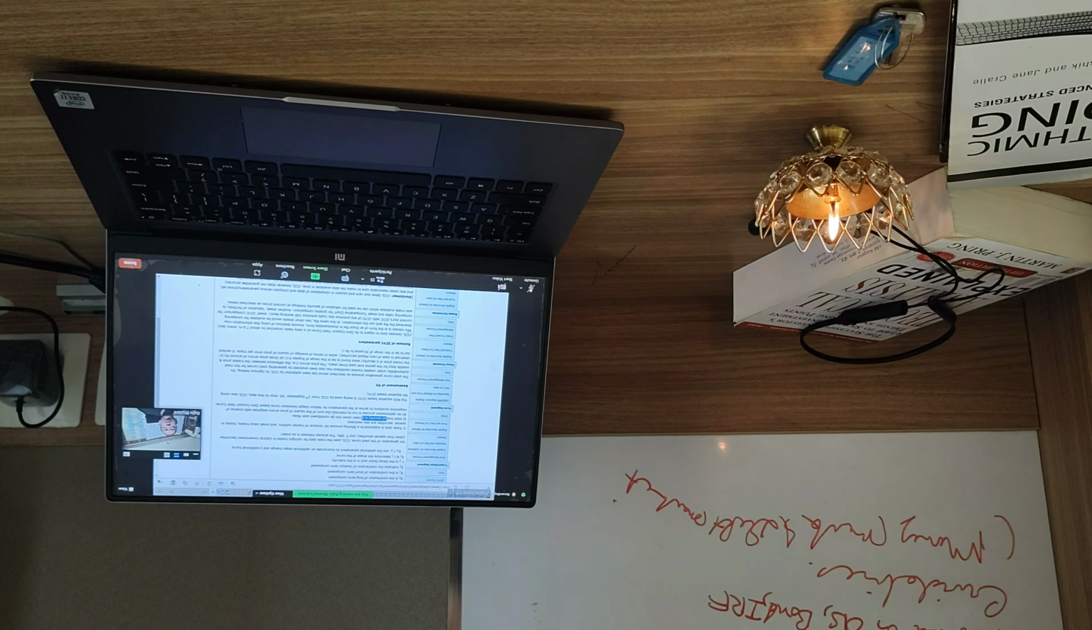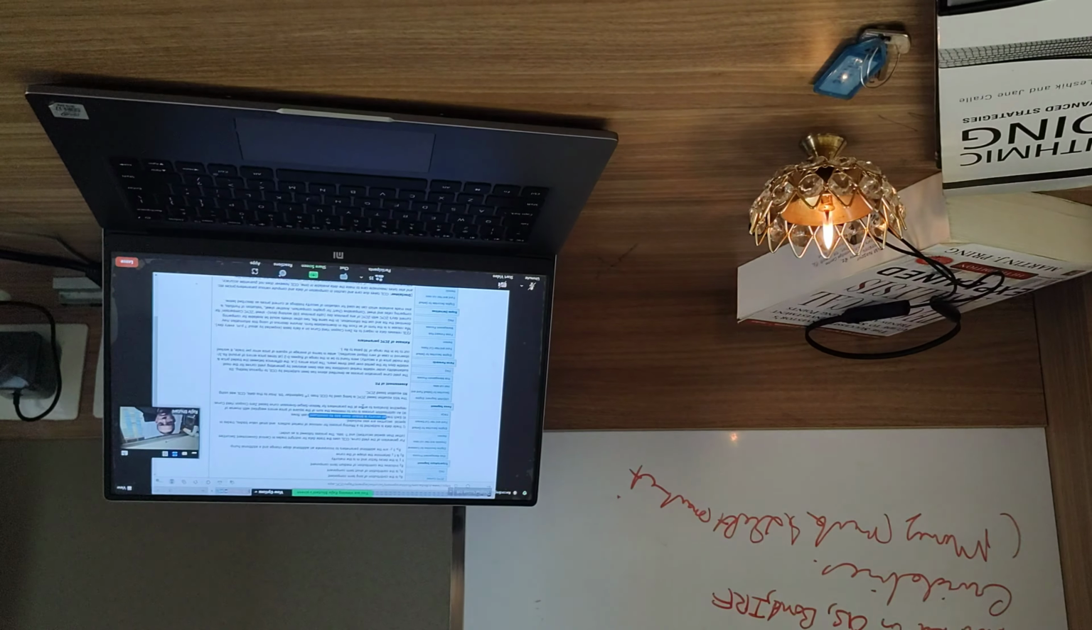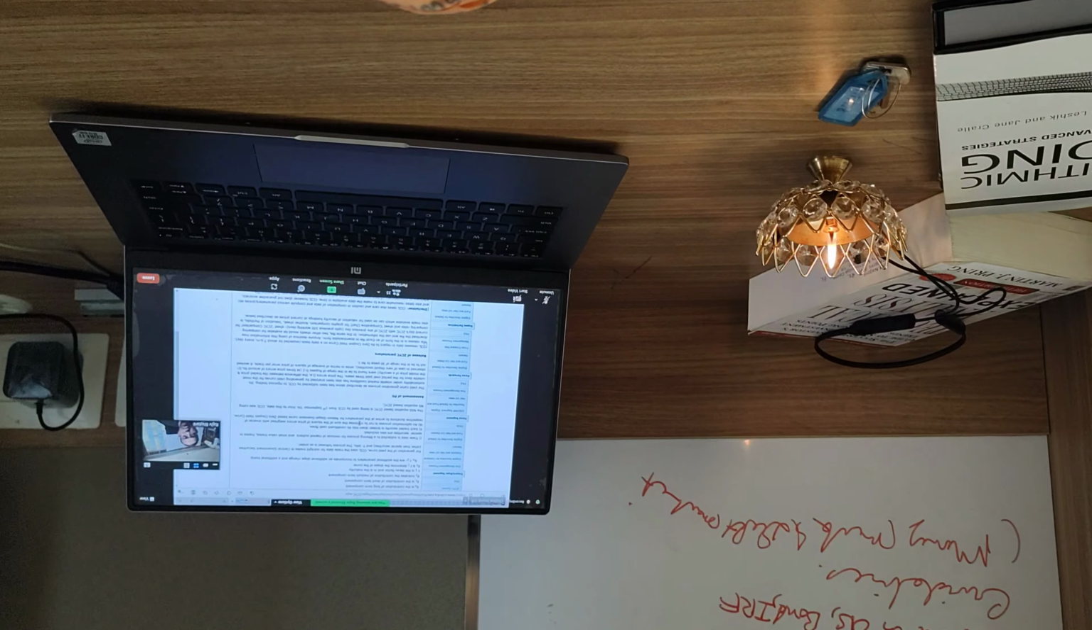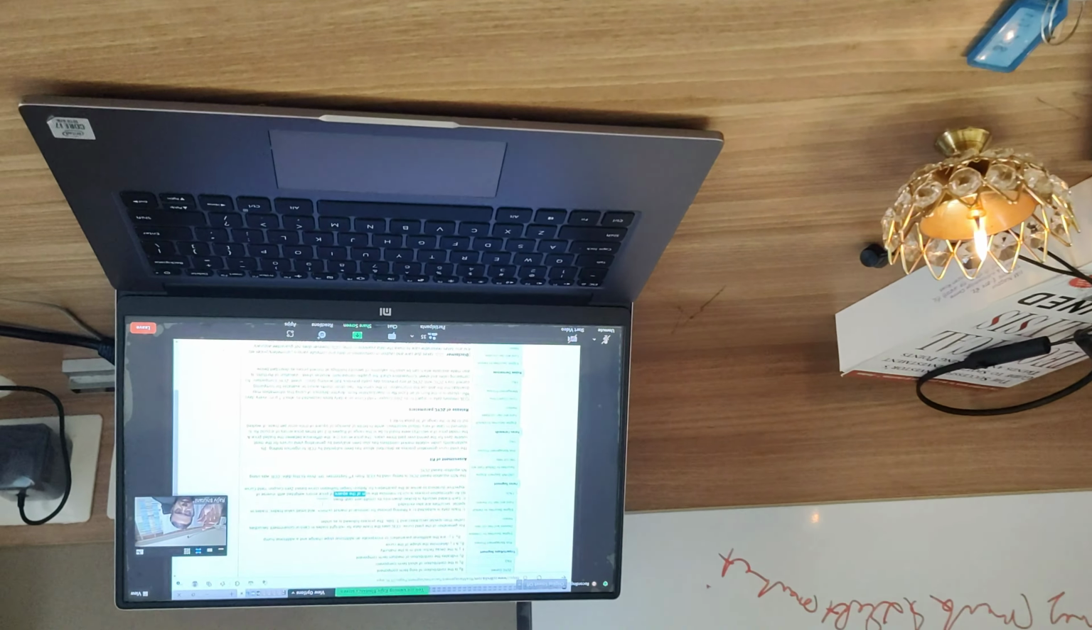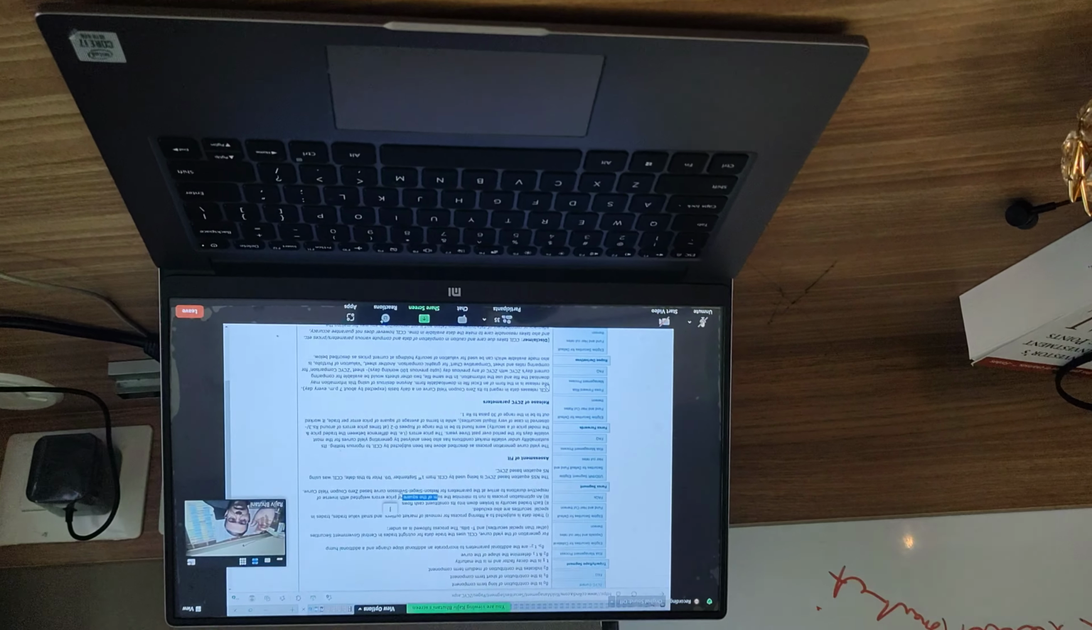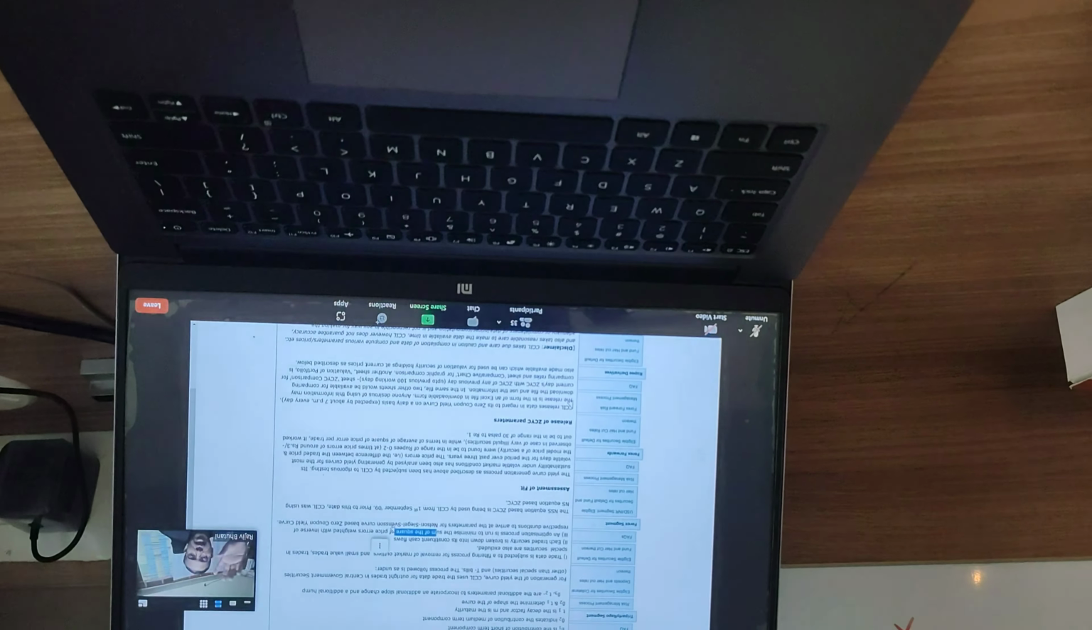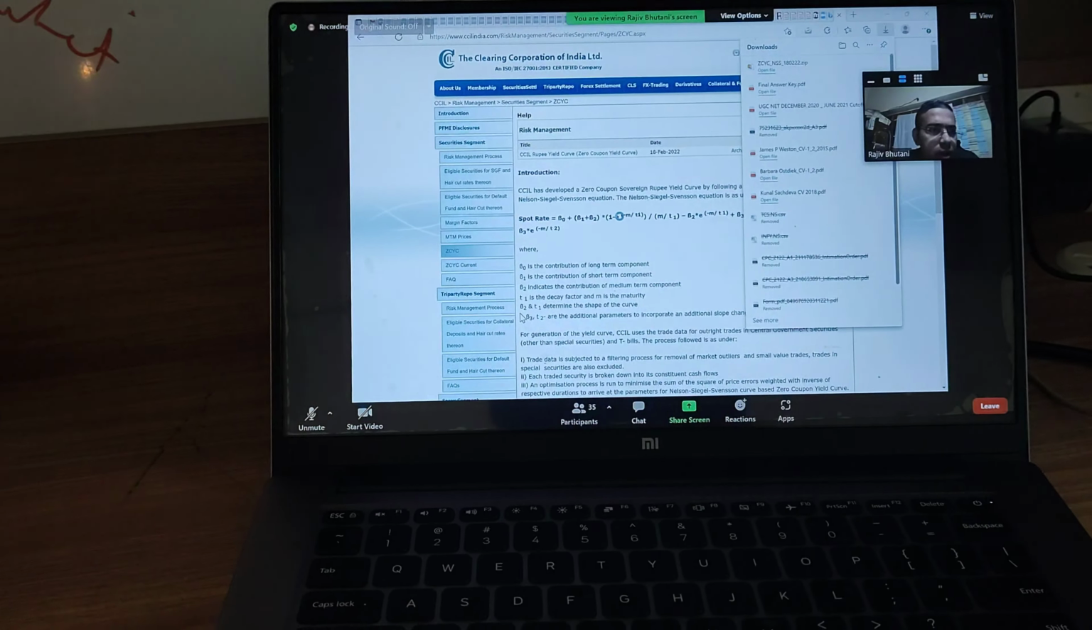Each traded security is broken down to its constituent cash flows. An optimization process is run to minimize the sum of squares of price errors weighted with the inverse of respective duration. So,